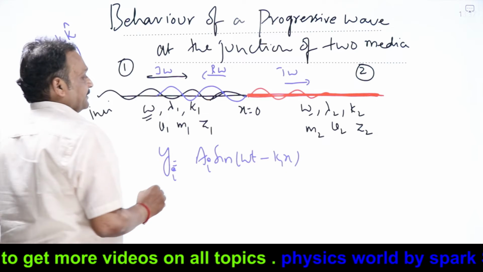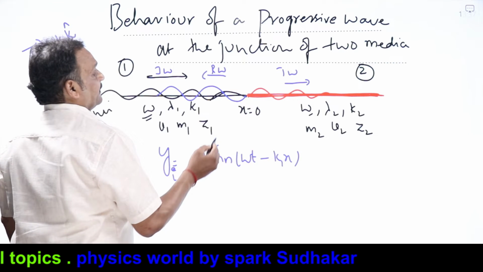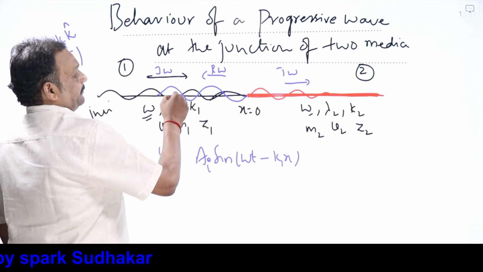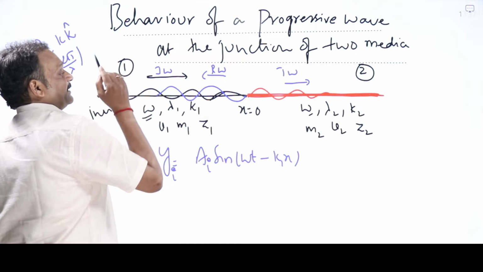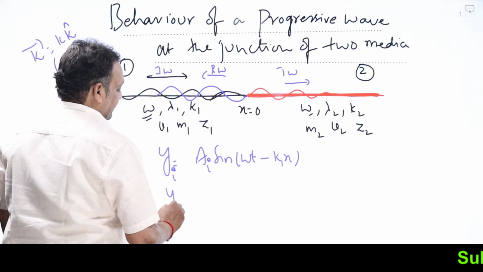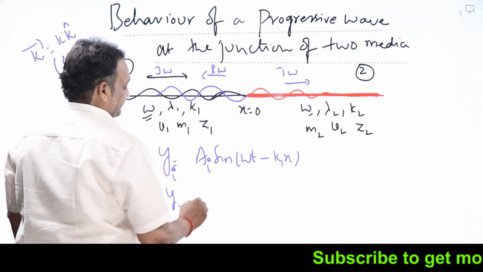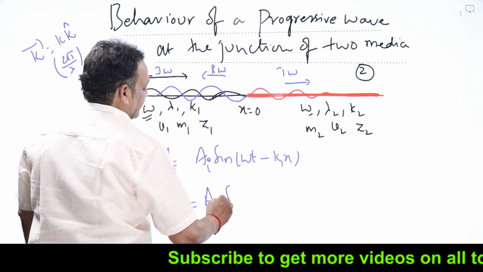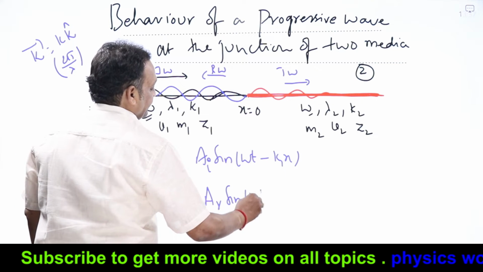Similarly, how do I write it for the reflected wave? The reflected wave is also propagating in the first medium only, but it is moving in the negative x direction. The instantaneous displacement of the reflected wave is y_R equal to A_R sine omega t